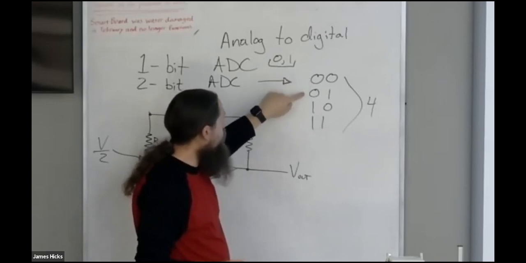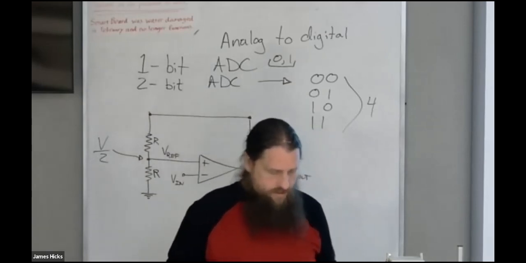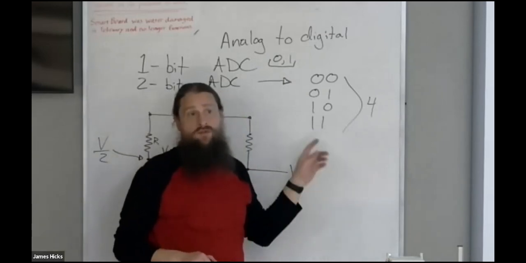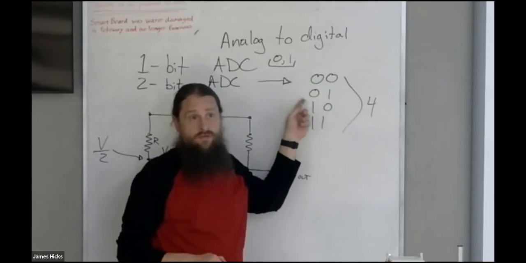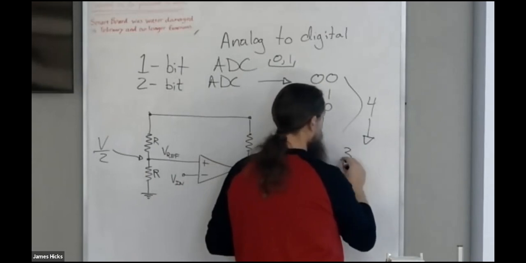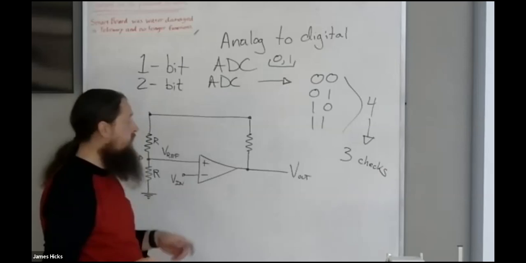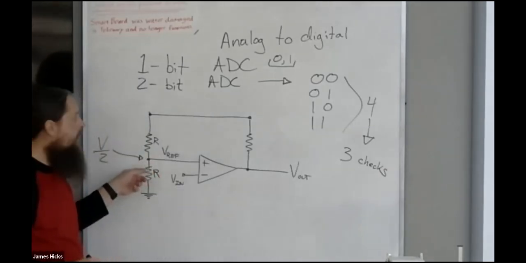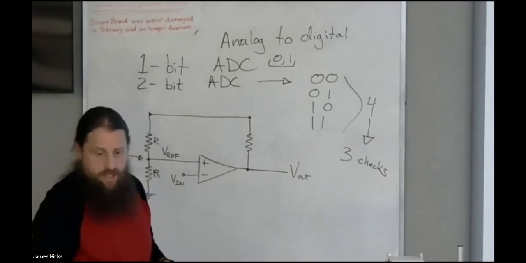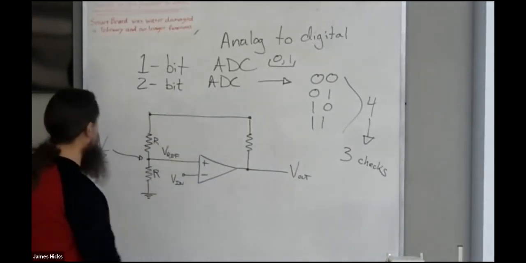That we're comparing 4 different things. How many checks do you have to do to make sure you've got 4 different states? Better check 3 times, not just once. So the 2-bit analog to digital converter